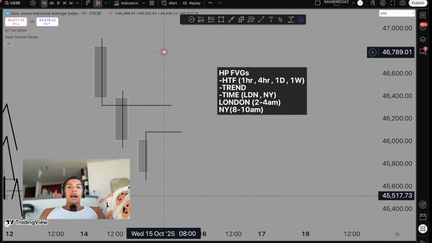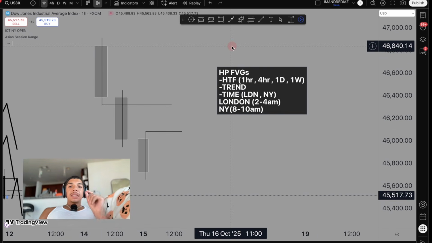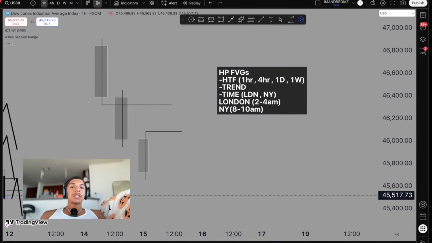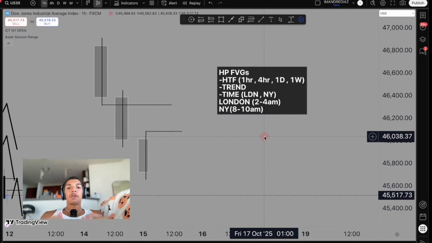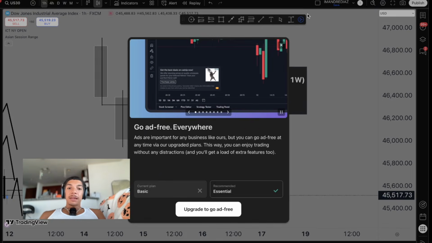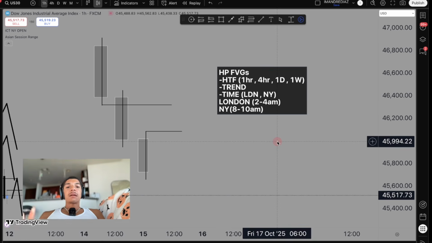So I'll go over it one more time. What makes these gaps high probability? The fact that they're on the higher time frame. When you're trading off of these higher time frames, the likelihood of you getting a reaction is far more likely. There are gaps on every time frame, the 1 minute, the 1 second, the daily, all of the above. But you've got to understand the ones that are going to have the most likelihood of having a reaction are going to be the ones on the higher time frame